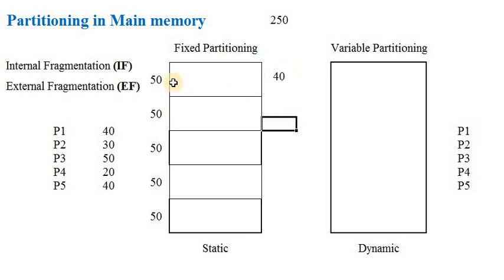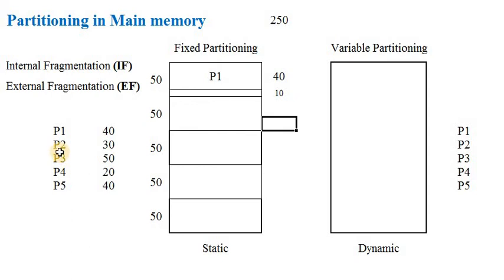So after allocating the process P1 in the main memory, there is some empty space observed there. So what is that empty space? This small empty space created here, right? What is the size of that empty space? 10. So 50 minus 40, that is 10. So a small hole is generated here. This is called a hole. A small hole is generated here, right?